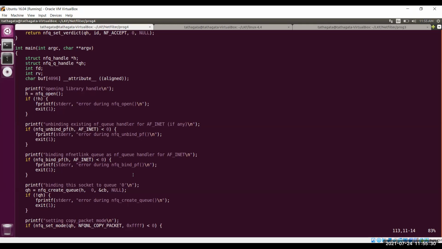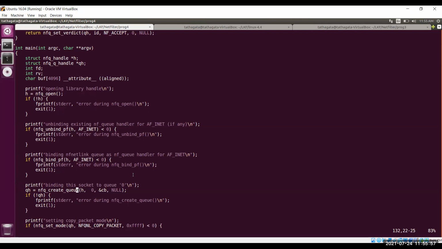The libnetfilter_queue library needs to be installed on your machine. Then you are unbinding any AF_INET related things which are already there. This is not required if you are running it for the first time. Then you are binding your handler to IPv4.